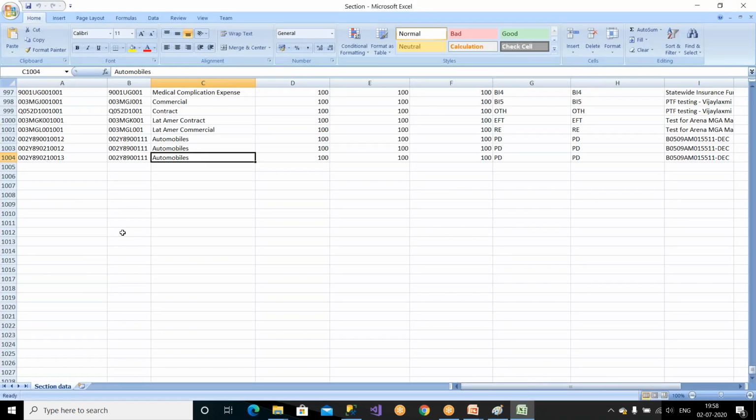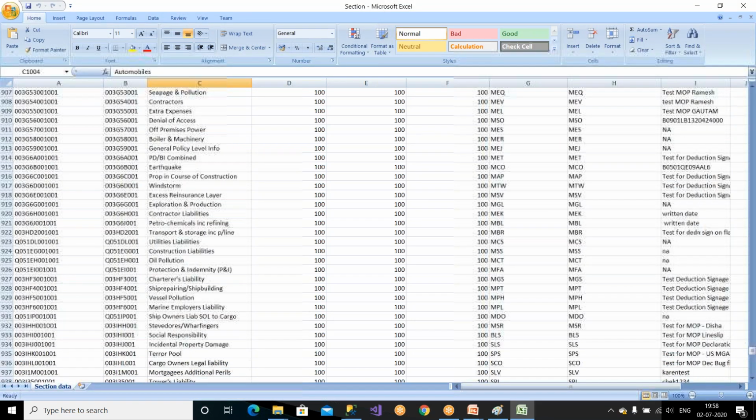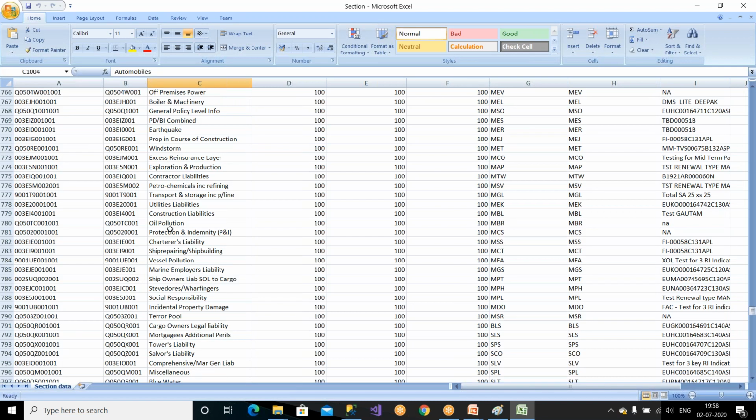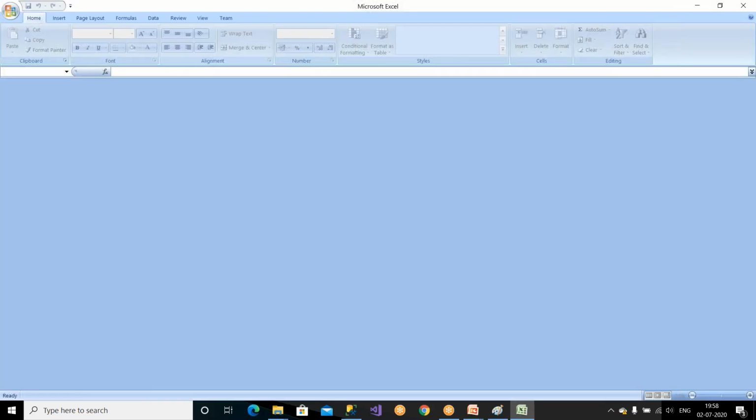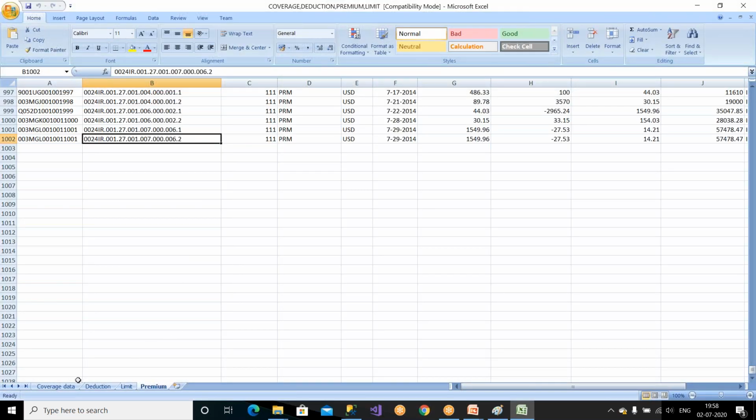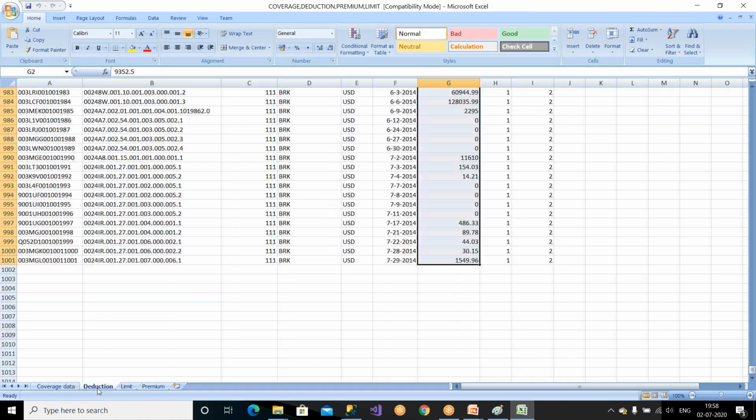We have a lot of data here. A lot of data is available in this, and all this data we should be able to send to the staging area. This is one more thing that we should do. And one more thing, we have to take this sheet and we should be able to get coverage data, reduction data,